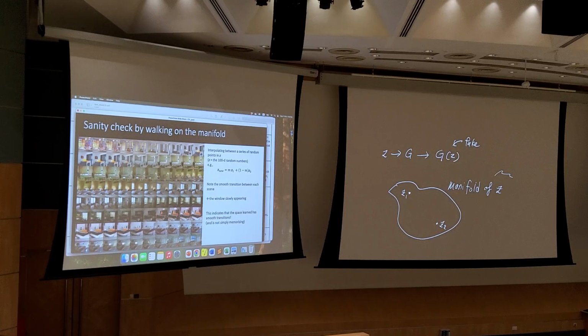When you perform linear interpolation between Z1 and Z2, you actually traverse this very complicated manifold. Say you have a Z-new over here as a result of interpolation between Z1 and Z2, and if you feed this Z-new to your generator,